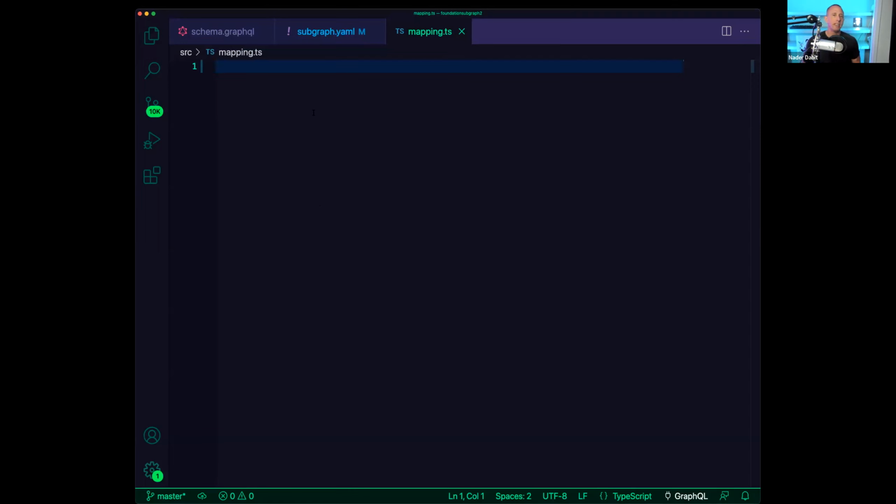When you are thinking about what we're trying to accomplish here, we have this smart contract. We're describing the data that we want indexed, and we're deploying this to a network of nodes. And that network is going to read this subgraph, go through it, and save the data that we want saved. And then we're going to be able to query that from our front end.